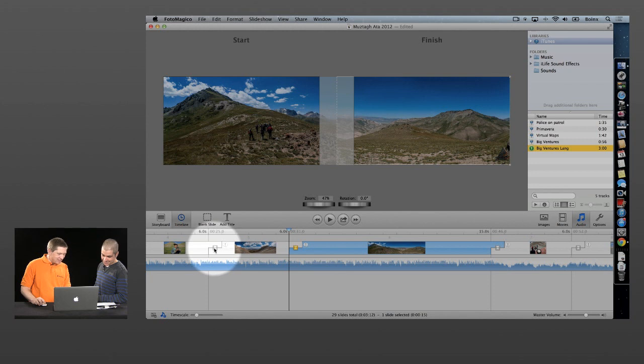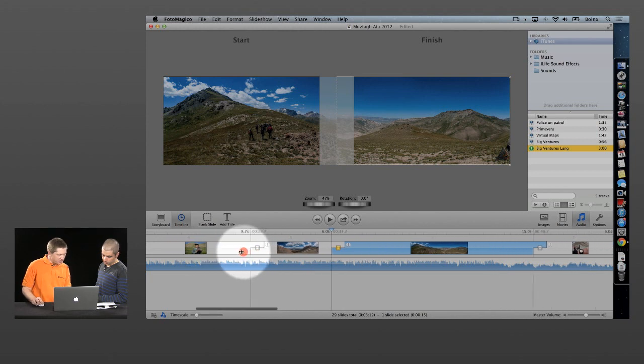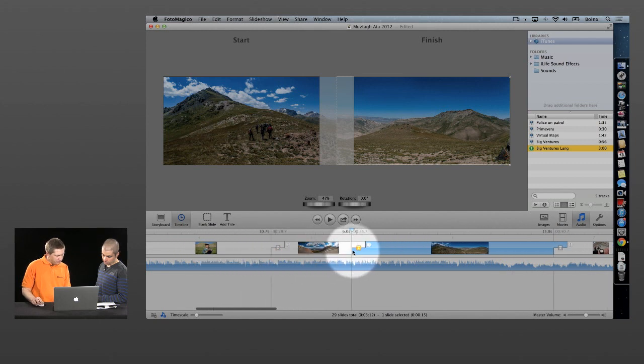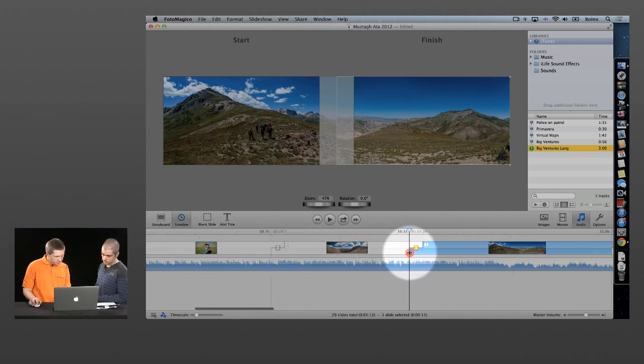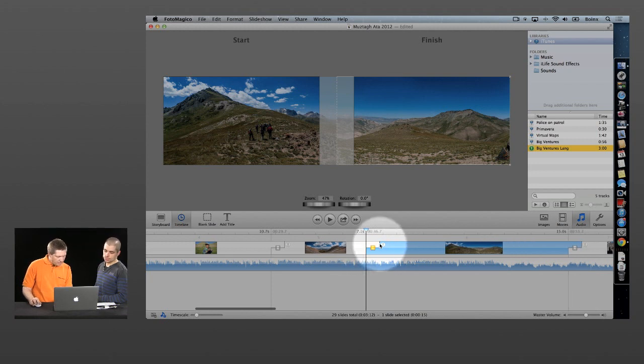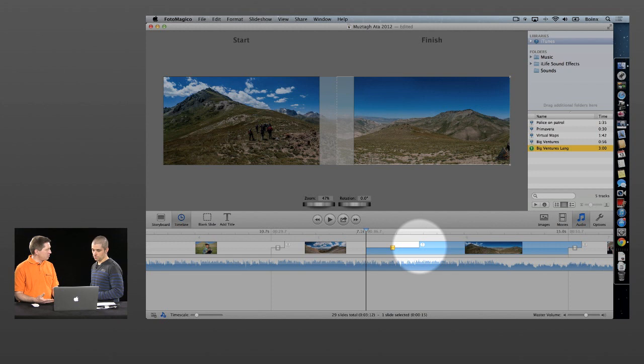So you can see the transition icon here, and with this stair-step, if I click on this edge here, I can change the duration of a slide. Let's do it over here as well. So you can see the number, the duration, changing as I drag. And if I click on this edge, I can change the duration of the transition. Yeah. So that's a much more intuitive way of changing the timing of the slideshow, instead of numerically entering durations